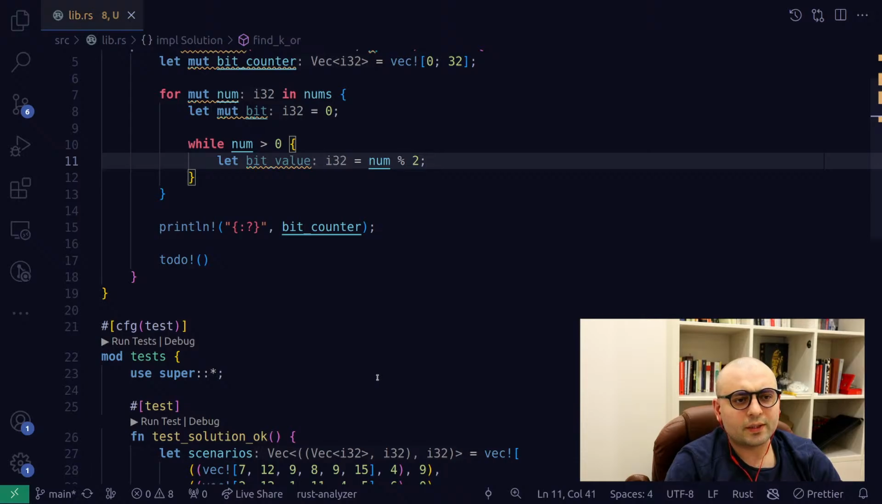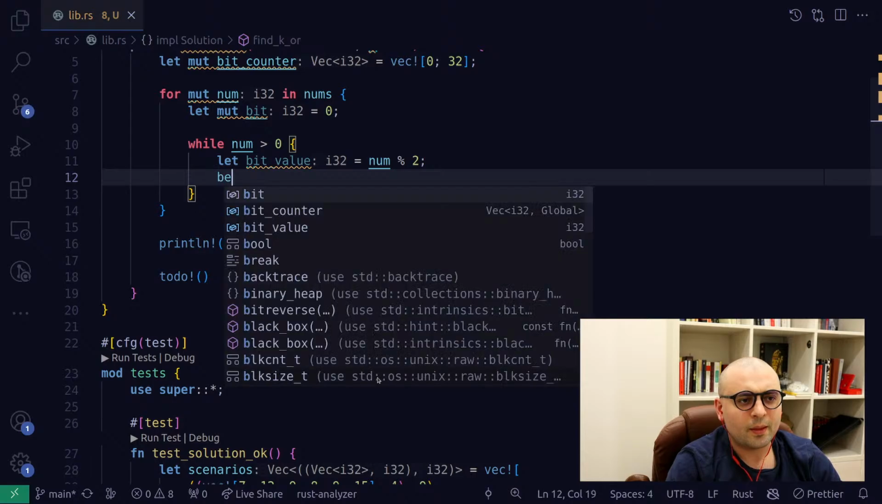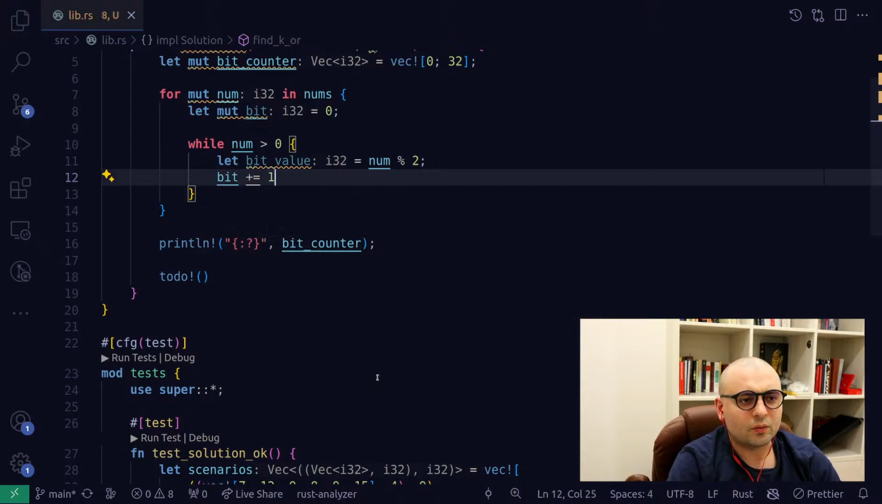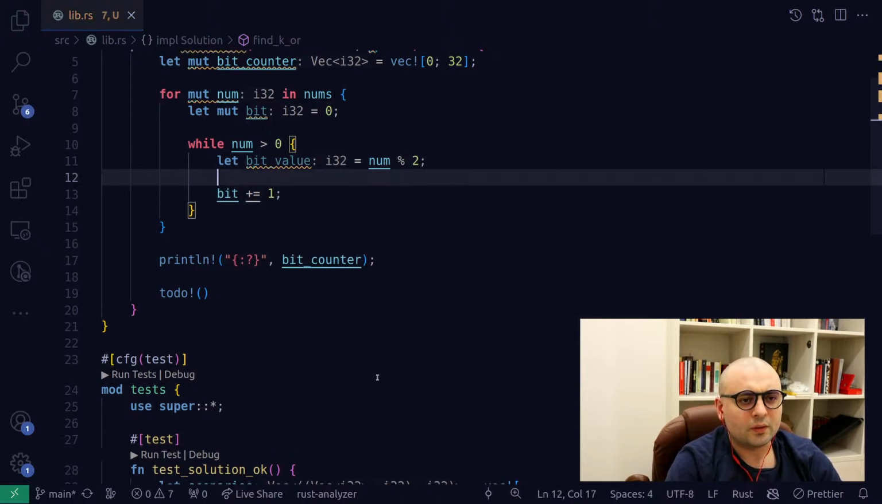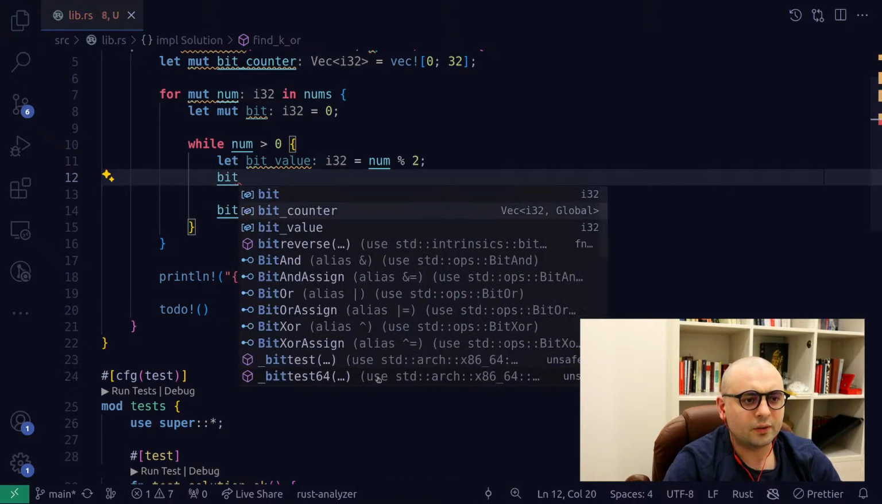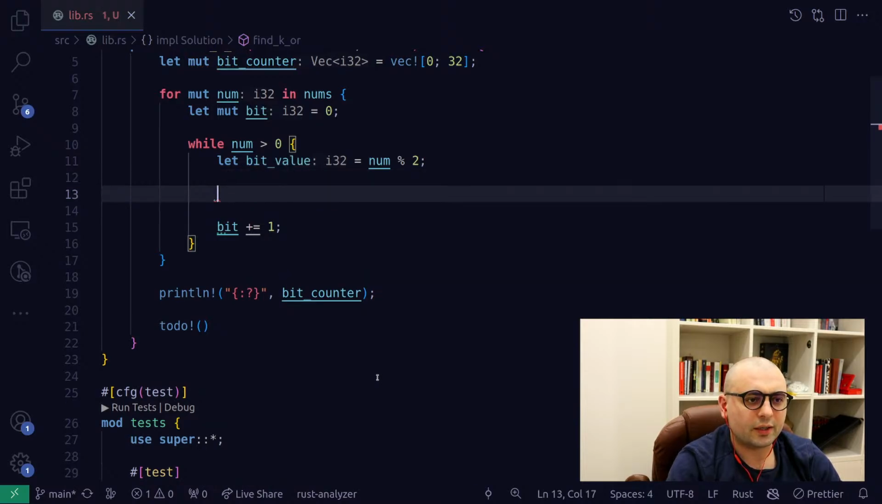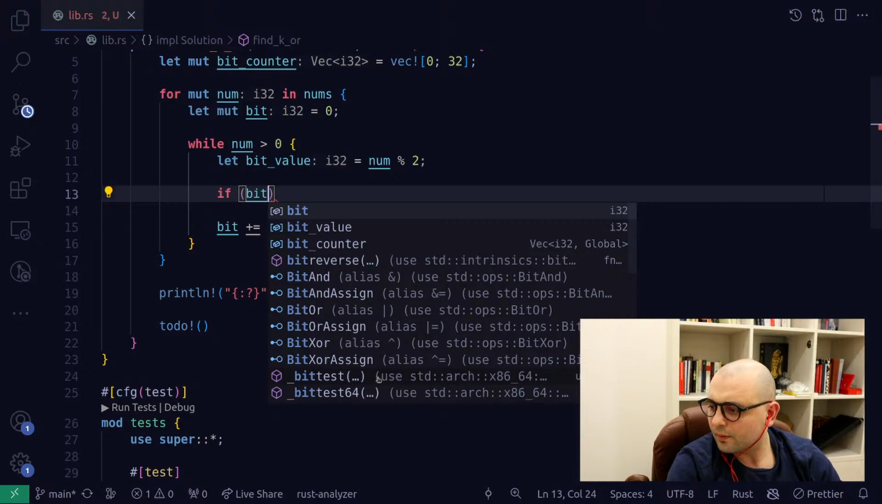And this will give us the value, and we'll do bit plus equal 1. But before that, we'll do bit counter. Yeah, still we'll need that check. If bit,